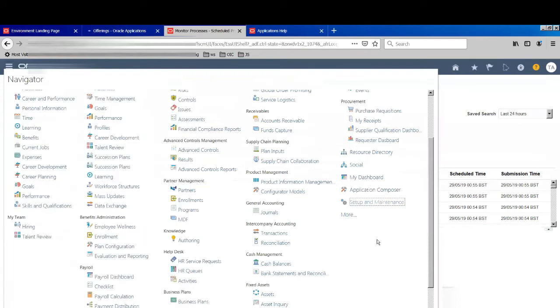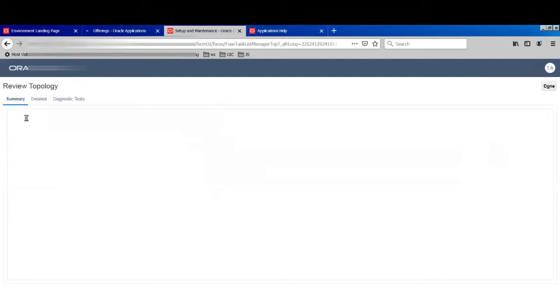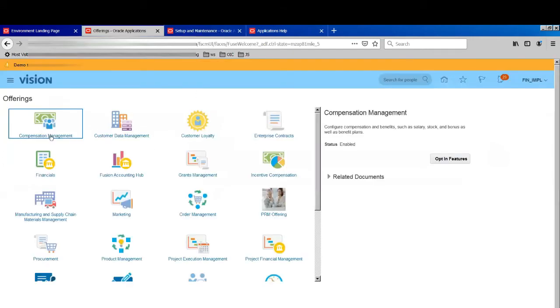So let's go to setup and maintenance. We'll see from here. Yeah, I think it came here. See that? Everything has offerings, and there is a status showing what is enabled for